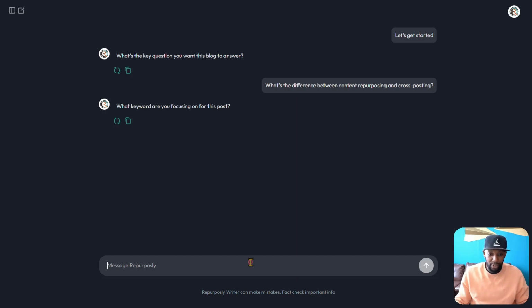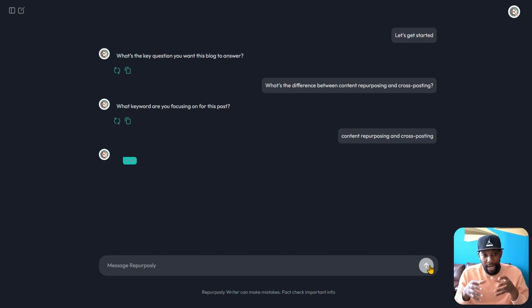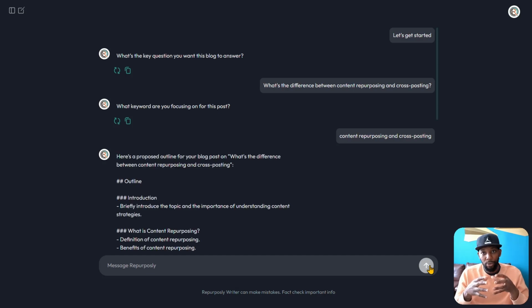And so right here, we're just going to keep it simple. I'm going to go content repurposing and cross-posting. Right? I'm going to click on the button. And from here, what's it going to do? It's going to now create the outline and ask you for your approval. Right? And so it goes, here's a proposed outline for your blog post on what's the difference between content repurposing